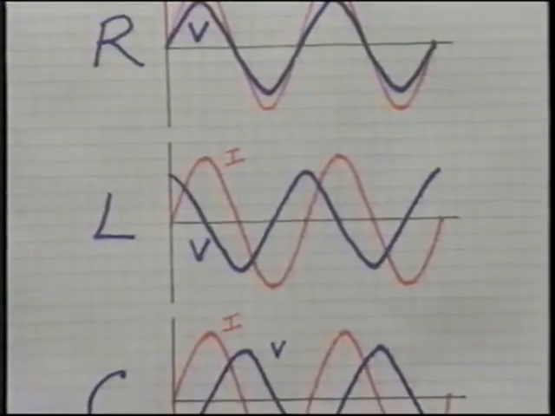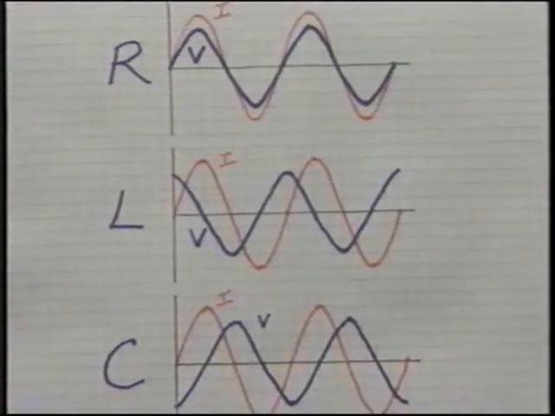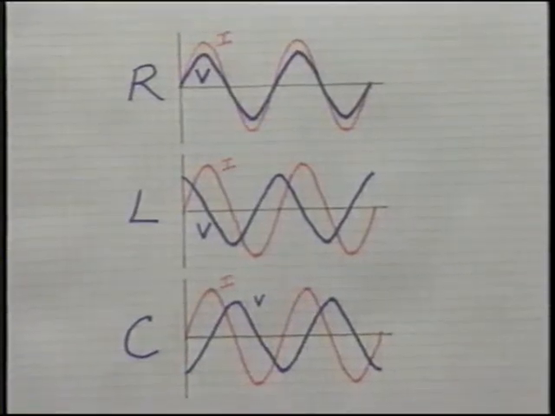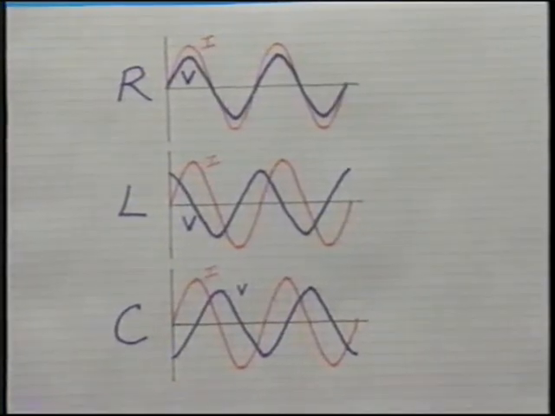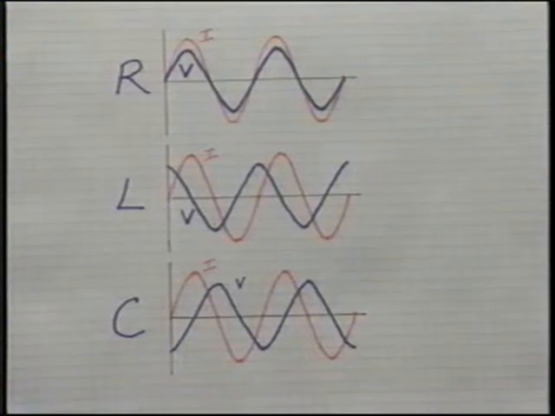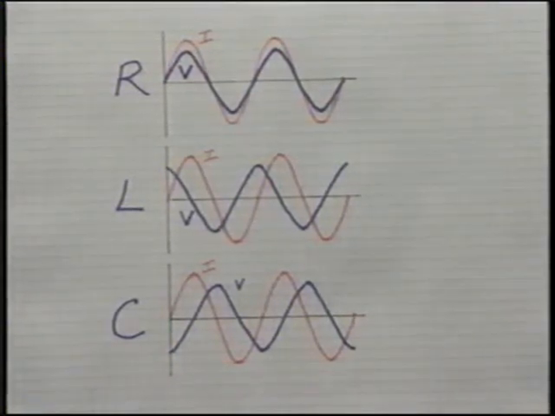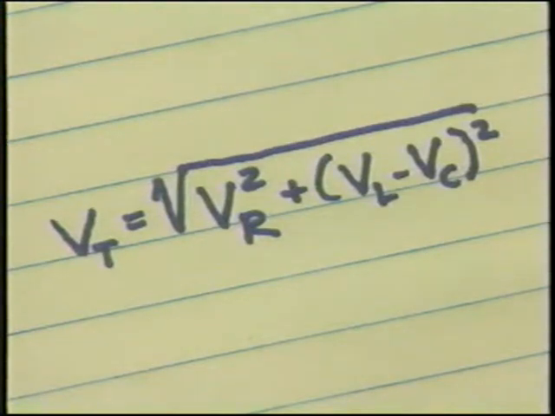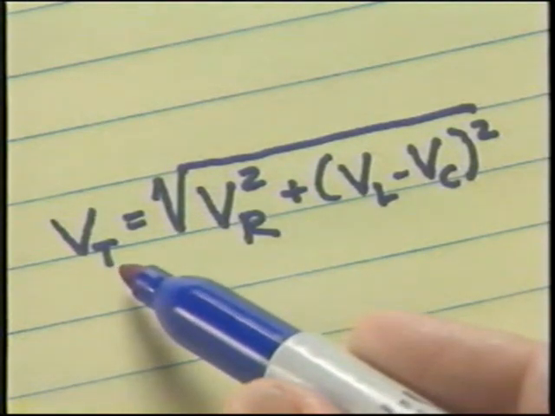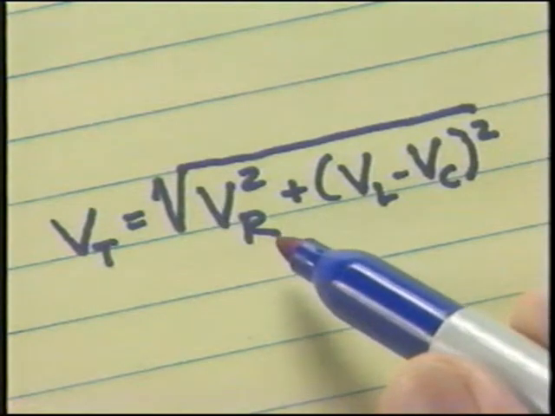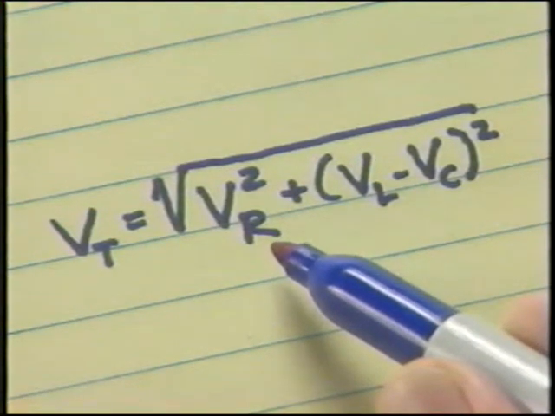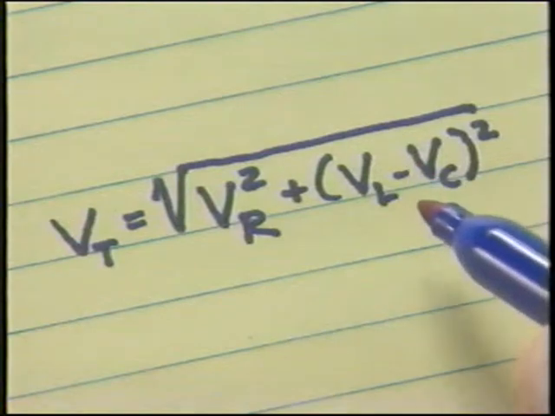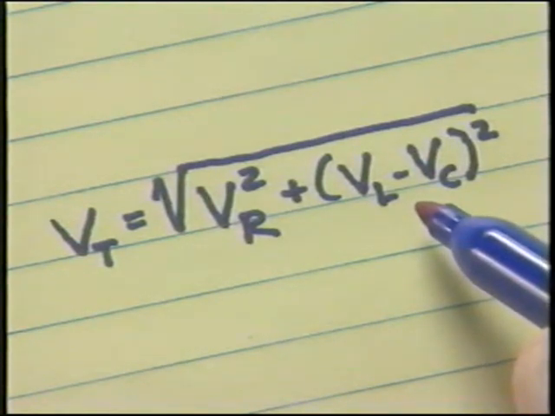Since the resistive voltage is always in phase with the circuit current, and the resulting combined voltage across the inductor and capacitor will always be 90 degrees out of phase, either lagging or leading, then phase relationships can be used to determine the total voltage in an RLC circuit. The total voltage in a series RLC circuit, V sub T, is equal to the square root of the resistive voltage, V sub R, squared, plus the resulting voltage across the inductor and capacitor, V sub L minus V sub